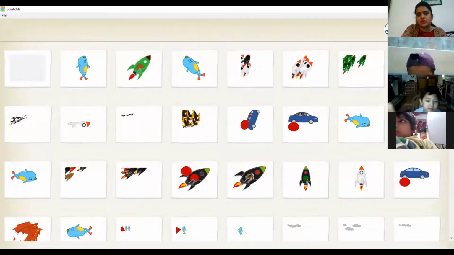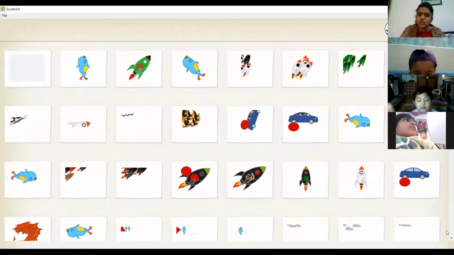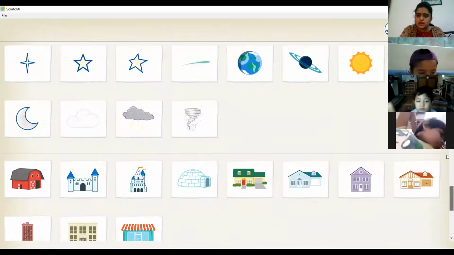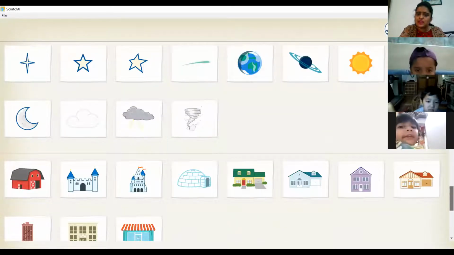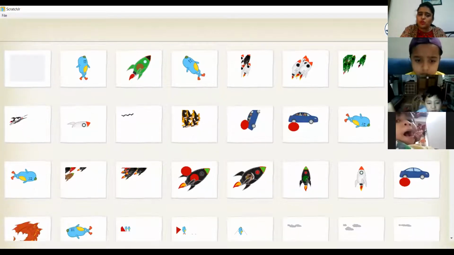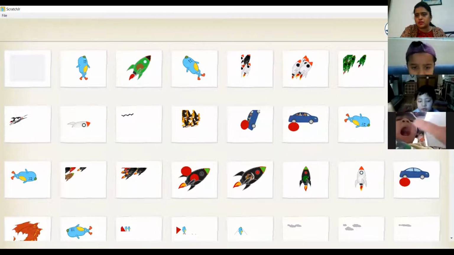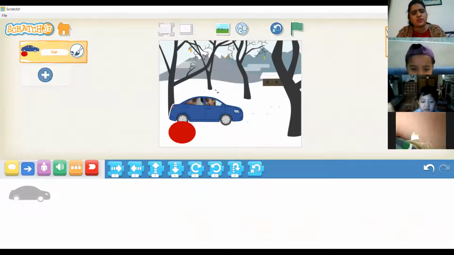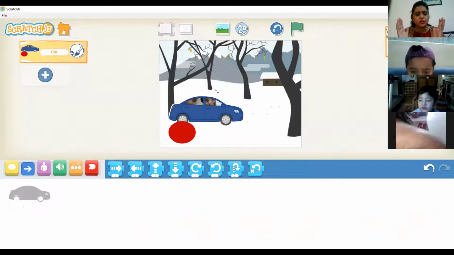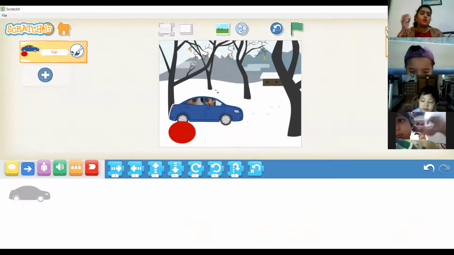You can choose any of these. Understood? So many actors are there. We have already chosen one car. All right. Two things you have understood. We have taken a background, and on that background, I have put up one car.